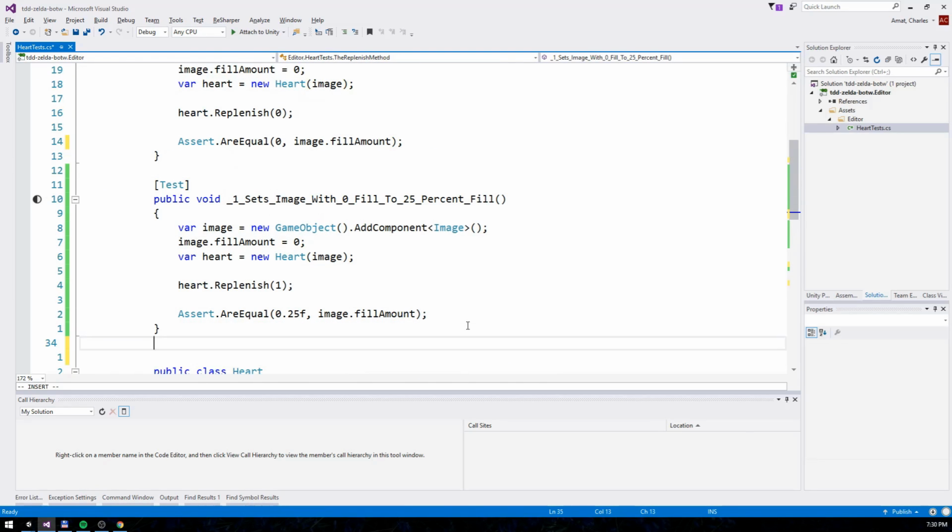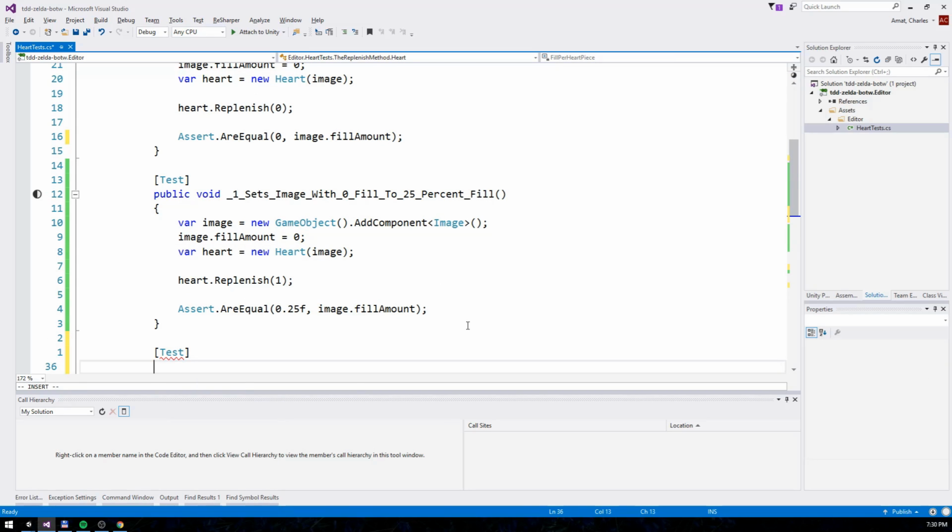I actually was thinking about it while I was filming this, like maybe I'm going too fast, maybe I won't be able to narrate, but it seems to be going well. So I'm going to push this right along here. Like I said, we're not accounting for images that don't start at 0% fill. So now I'm going to say if you pass 1 into replenish